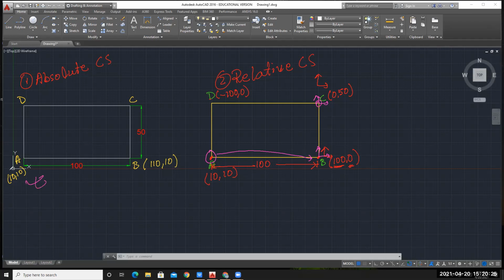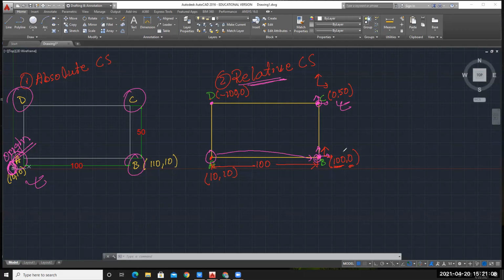For this particular case, my origin is located over here, and this origin is same throughout for point A, for point B, for point C, or point D. The origin was same. Okay, but here for every point, suppose I want to give the coordinate of point C, so the origin is located at this location. Okay, if I want to give the coordinate of D related to point C, then my origin is located over here. Okay, so this is the concept of your relative coordinate system.